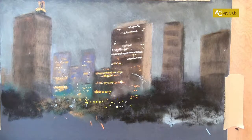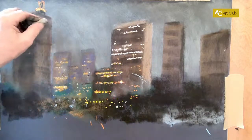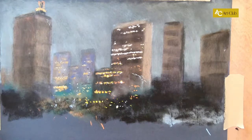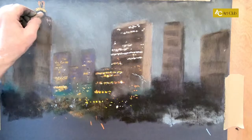And then after that, come down now and start creating windows. Now you want a few greyish ones in, so that it's not all just light. So you want one or two a bit darker than that actually, I think. A little bit darker. I'll find a little bit darker. No, I can't find it. Oh, there you go. Just a little bit stronger. I think I've dropped the darker ones on. So just a few little flicks like that at an angle,